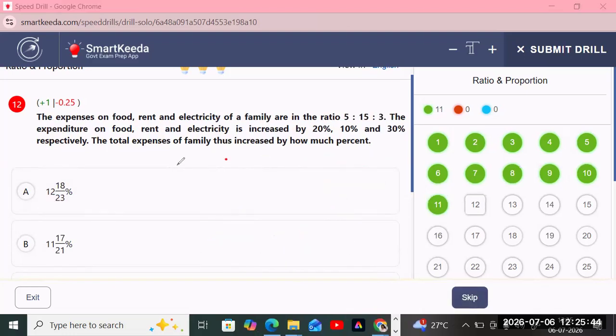The expenses on food, rent, and electricity bill of a family is 5 by 15. The expenditure of food, rent, and electricity is increased by 20%, 10%, 30% respectively. Thus, the total expenses of the family is increased by how much? Suppose